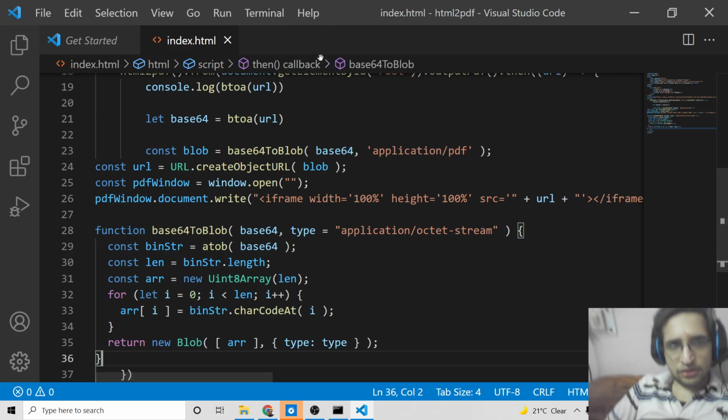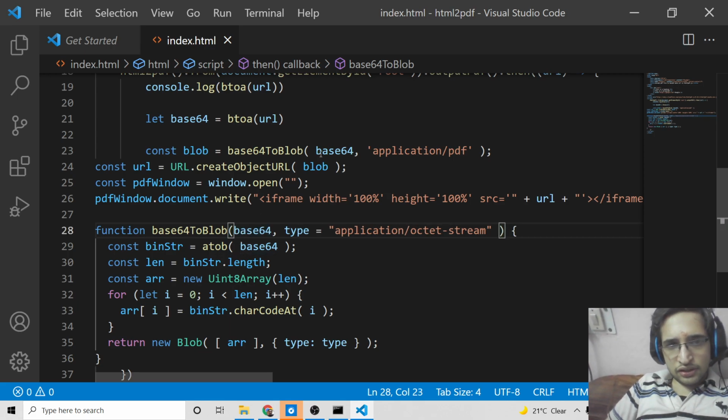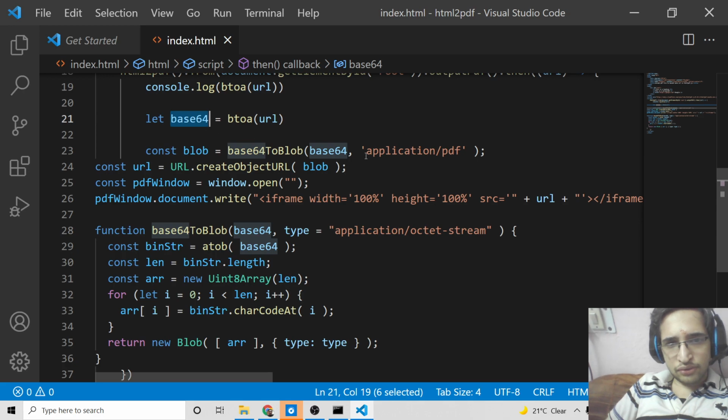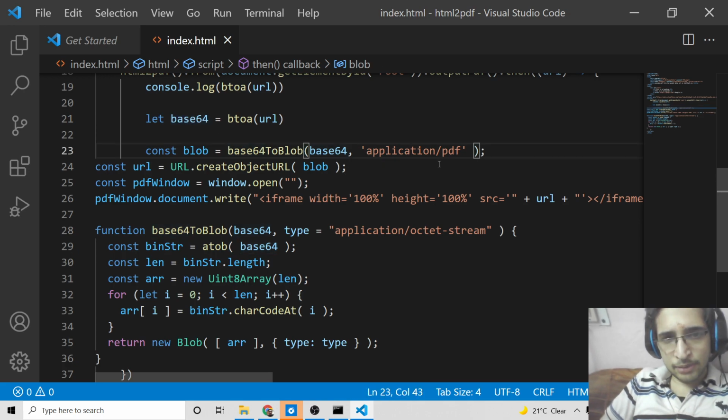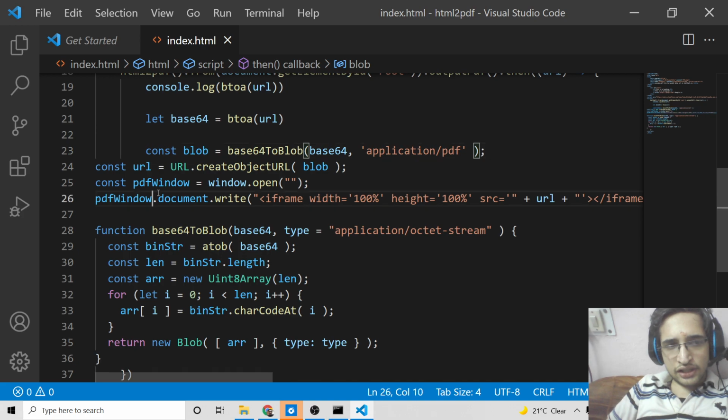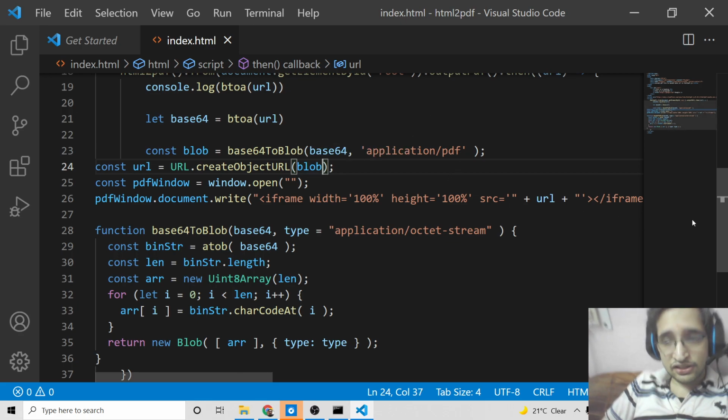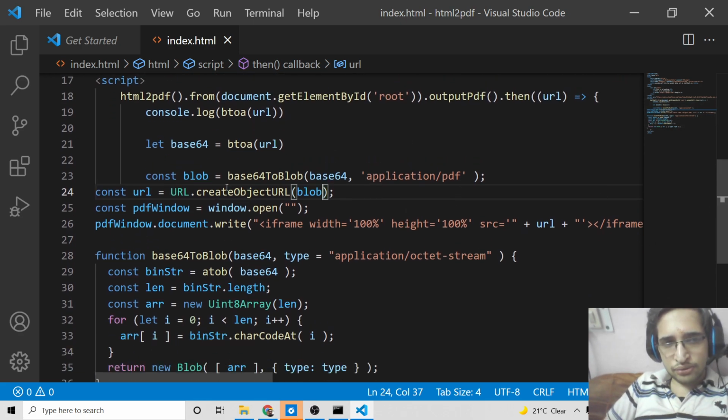You can see I have called this custom function here, and here we have passed the base64 code. We have provided the content type application slash PDF, and then we are creating the iframe tag here. That's it. This will convert the base64 code, which is generated in HTML to PDF, into a URL that we can display.